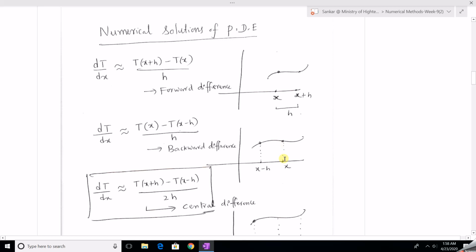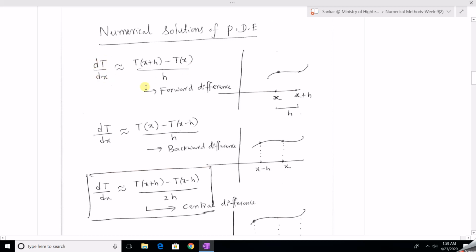You can check here to approximate this using the backward differences. The approximation of this derivative is t of x minus t of x minus h. That means we are taking the point x and the previous point x minus h. Therefore this is a backward difference approximation. And here we are taking x and the next point x plus h, where the spacing is h. Therefore we call it forward difference approximation of the derivative